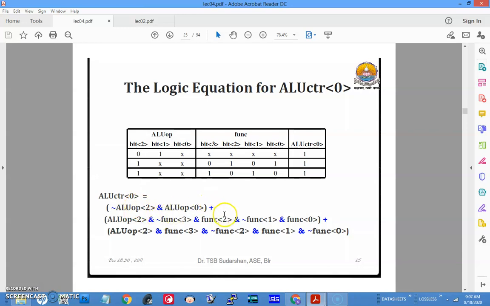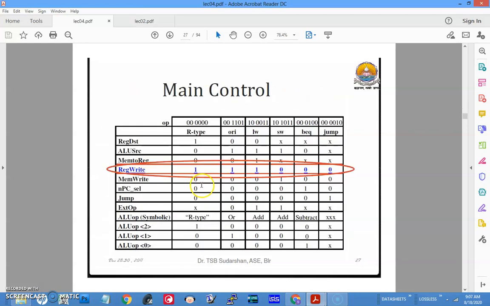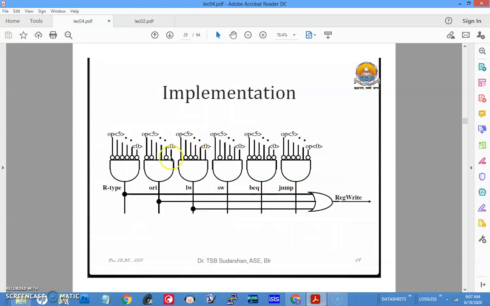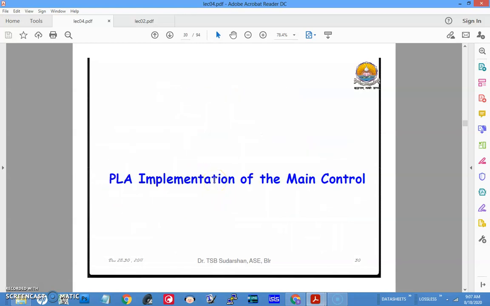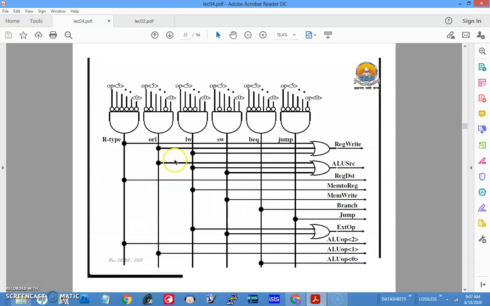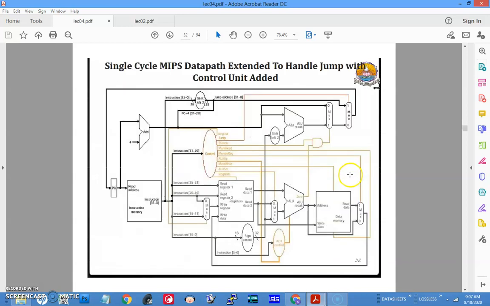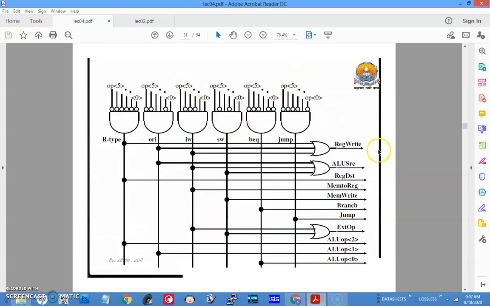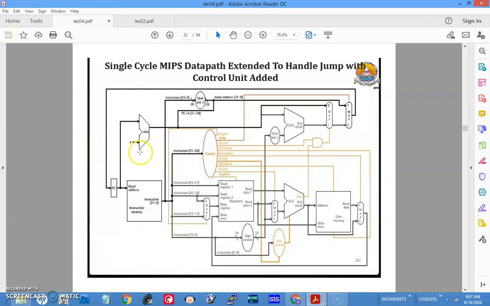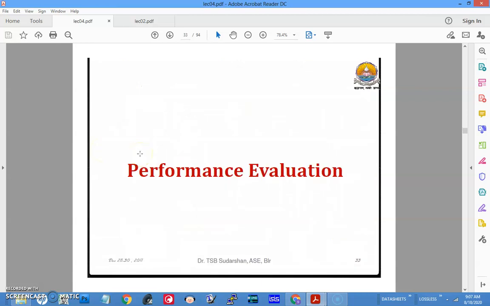Likewise you can write the logic expression and implement it as a gate-level representation using AND gates and so on. Bits are coming in, and you will generate the outputs. That is how a control unit is generated. We are not getting into the details other than the names and their values for each instruction. This is how the logic will look. So that's about the MIPS datapath control, and we will see the next topic in the next class.